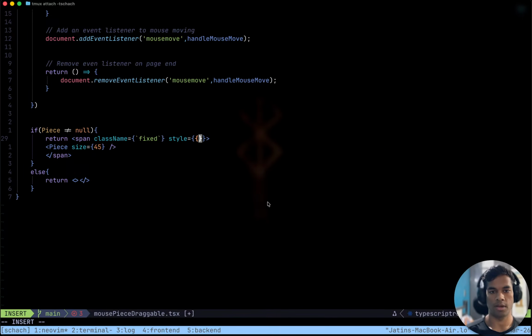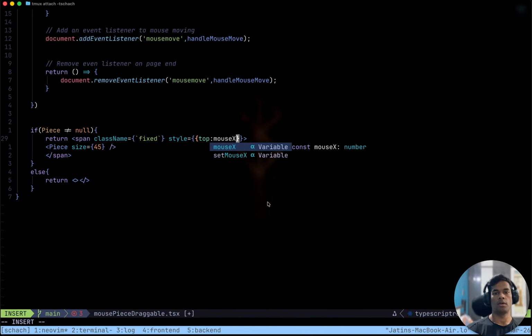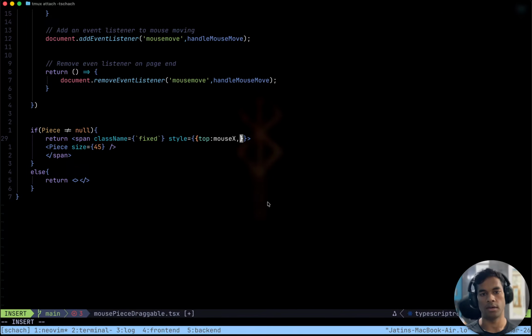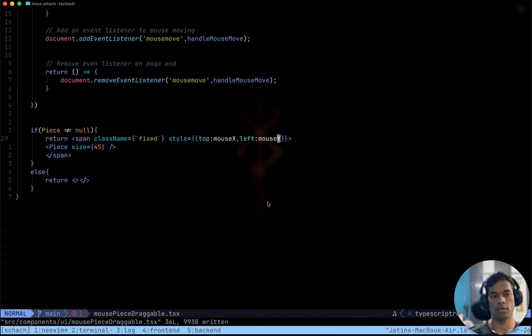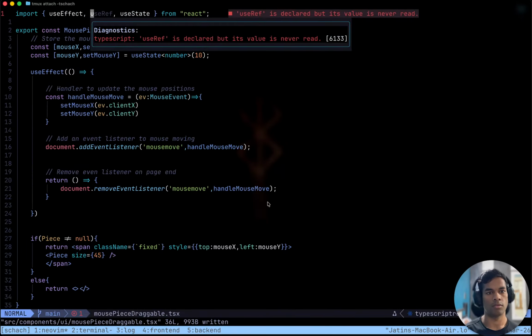Style tag. Inside this, top is mouse X and left is mouse Y. That works.